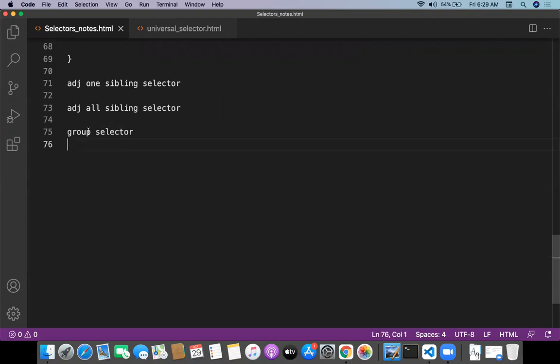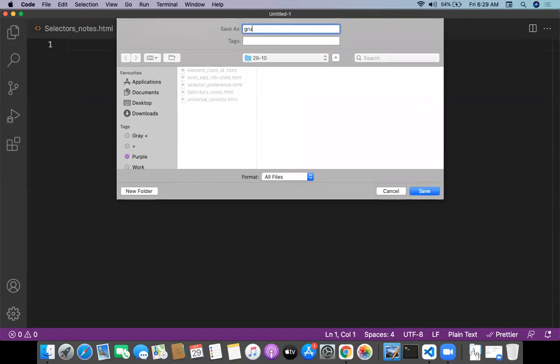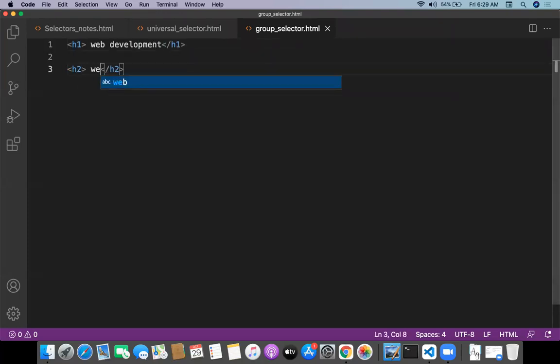Okay, so let me first work with the group selector. Next program, save it as group selector.html. A group of elements can be selected at a single time. The first h1 is web development, now I'm taking h2, also web development, and h3, web development.